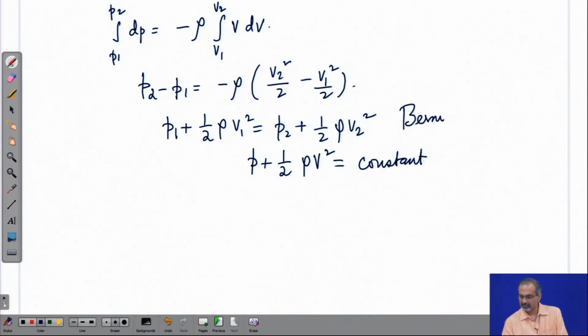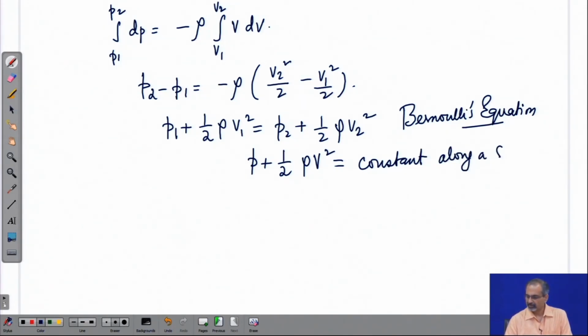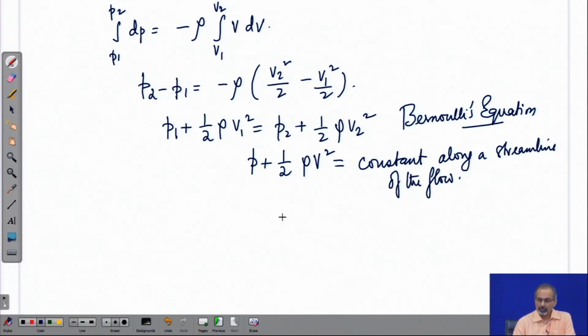This is the Bernoulli's equation for a constant density medium, and we can show that this p plus half rho V square is a constant along a streamline of the flow. Now, for rotational flows, it is a constant as long as you follow a streamline. However, for irrotational flows, the constant holds good for the entire field, for the entire flow field,